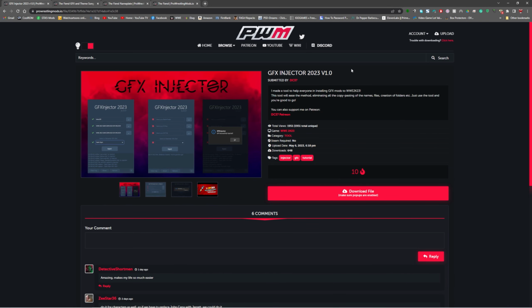We're also going to be using a brand new tool by DC37 called GFX Injector. This is an amazing tool. It's going to rename the files for us and make it a lot easier and a lot simpler to inject